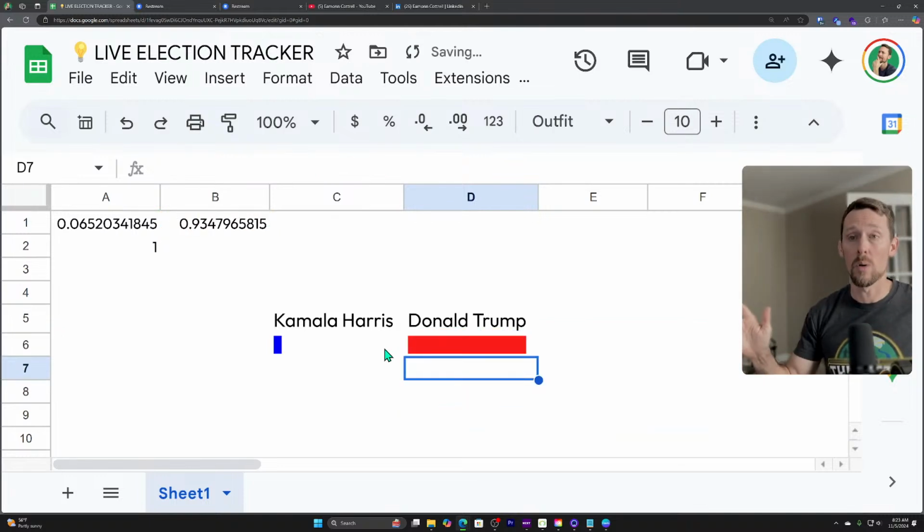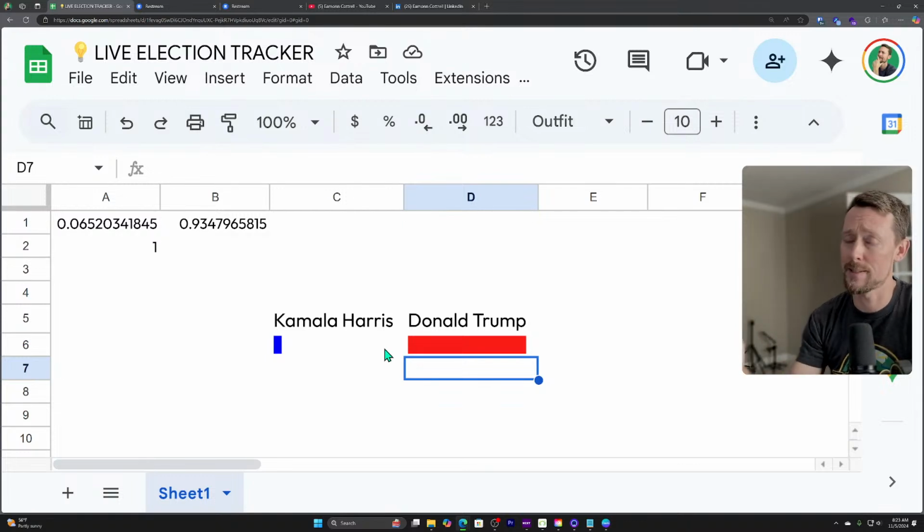All right, whoa. And see, this is what I'm talking about. This is why you really should disengage from your social media and your televisions, because there's going to be a lot of vitriol throughout the day where you could just sit back, log into this spreadsheet, and watch the dynamic race go back and forth, because this is going to happen all day long, every minute. I guarantee it. Again, this updates minute by minute.